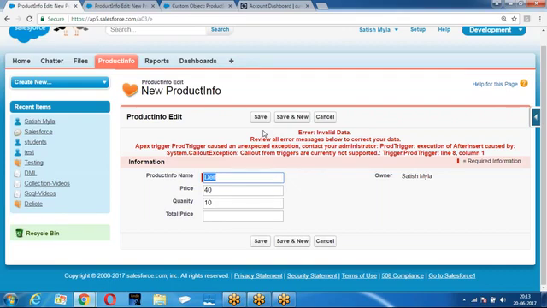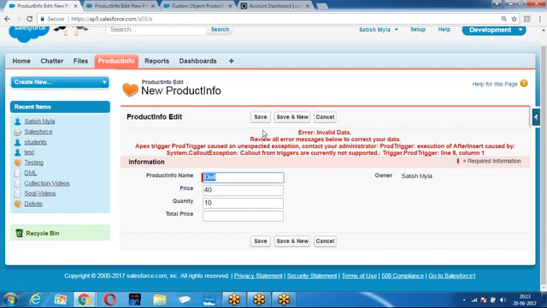I will not support any synchronous web service call, which means you cannot call a web service from the trigger directly. The trigger will not support synchronous web service calls, which means it will support asynchronous web service calls. But how do you run the operation as asynchronous? So how do we make this web service call asynchronous?